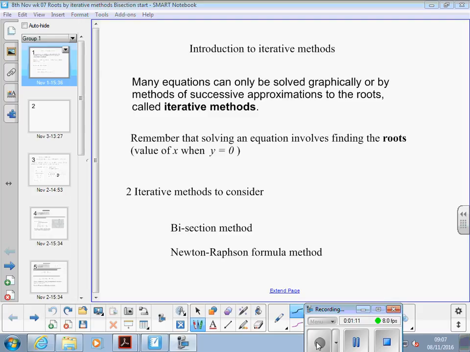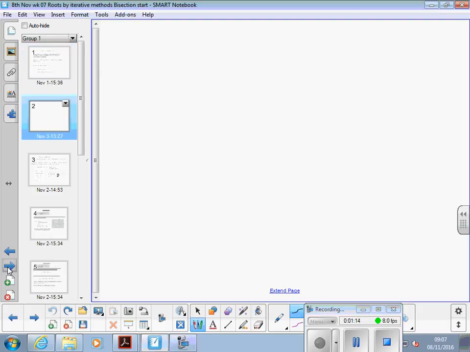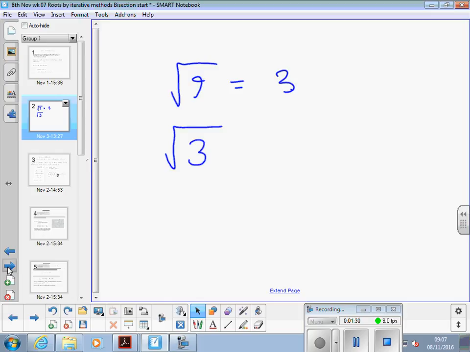Just as a precursor, what I want you to do, without the square root function on the calculator, think about how you would do that while I go and get my